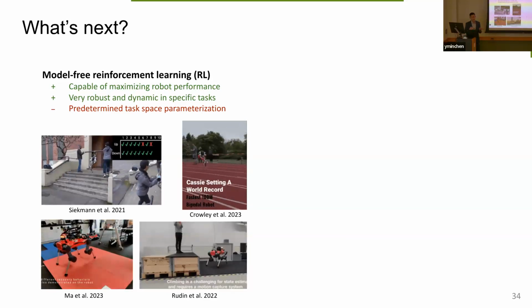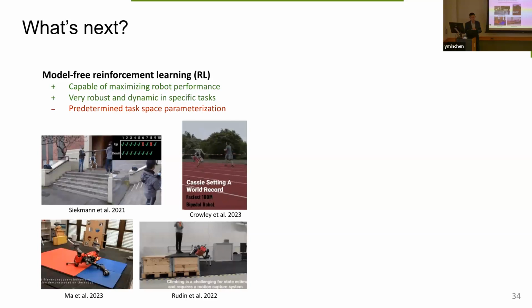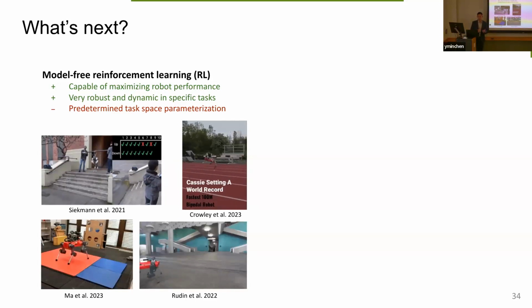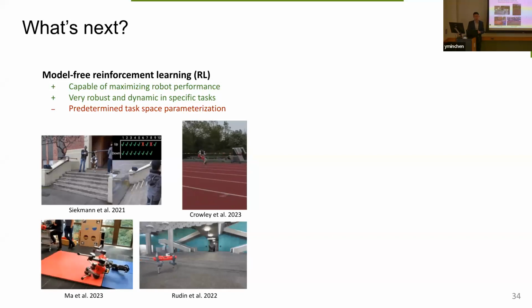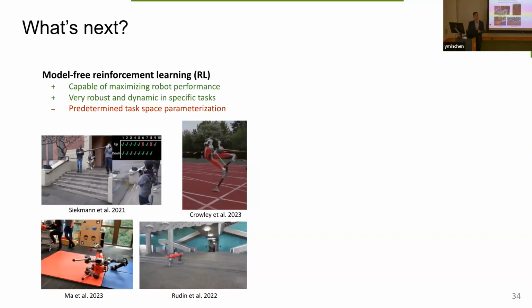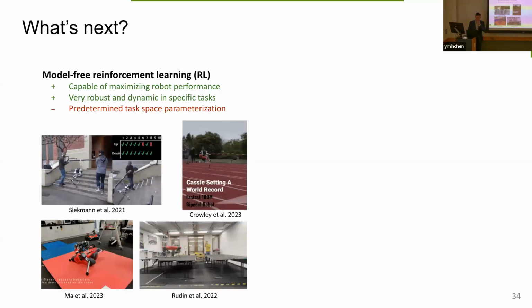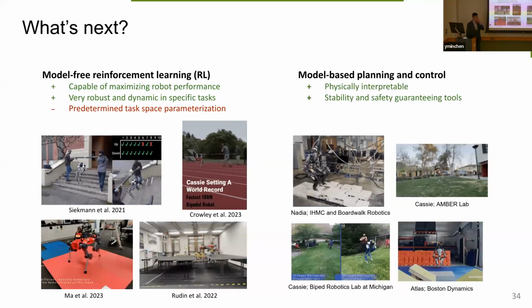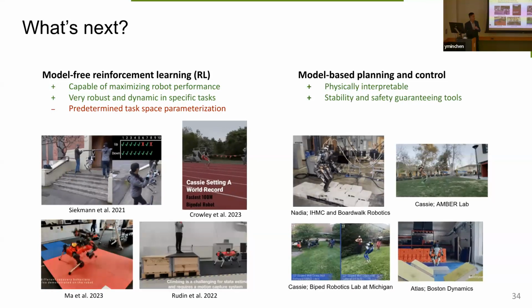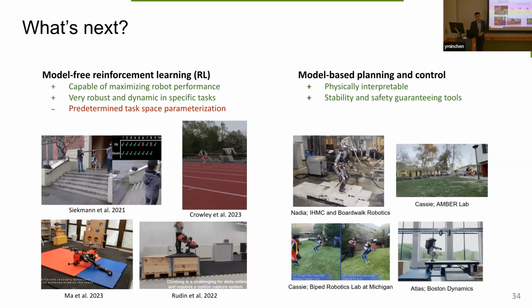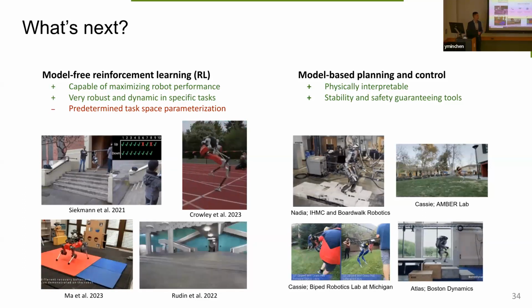And we argue that there are many conceivable tasks that we want a robot to do. So it is practically infeasible to list everything beforehand. On the other hand, a model-based approach can simply add a new task as a constraint inside the MPC, so it's much easier. And also the model,